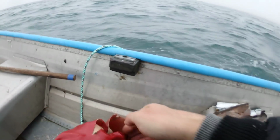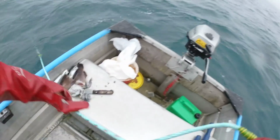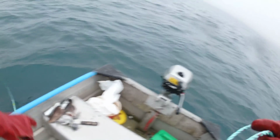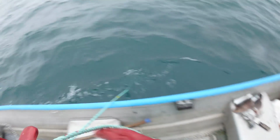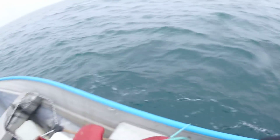Right, first pot. I did a bit of trailing, but no fish again. I didn't do much for very long. Like I said, it's not the nicest of weathers. I was actually going to go out and get some bait off the beach and then try fishing, but to be honest, it's cold, it's damp, there's fog around and very little fish, so